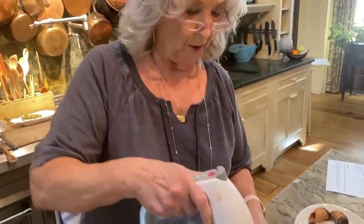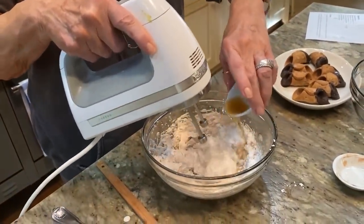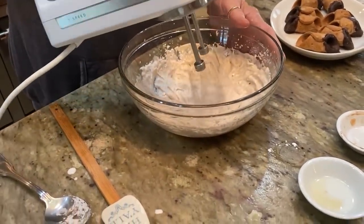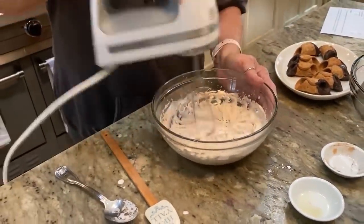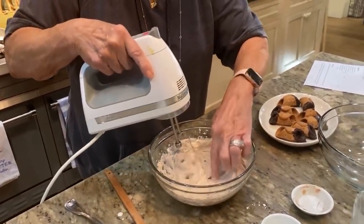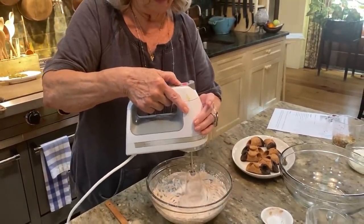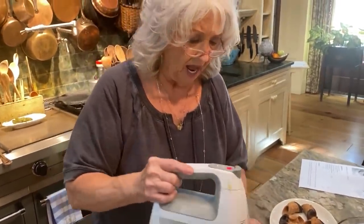In goes the rest of our powdered sugar and our amaretto. I like amaretto. I think it's called a White Russian. Okie dokie. That's tasting real good, y'all. I want to make sure this is nice and stiff